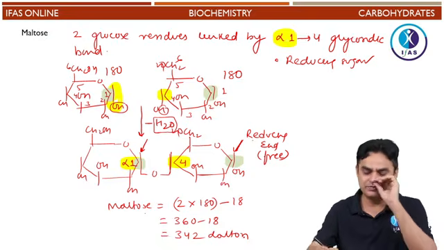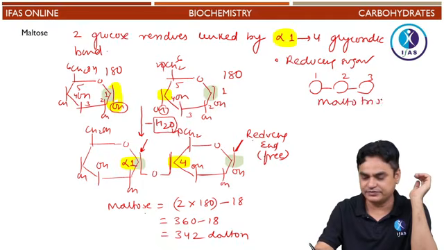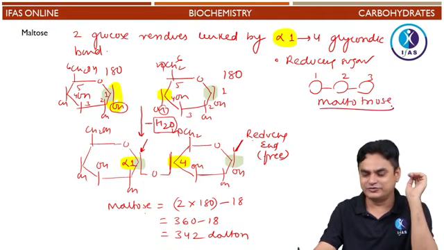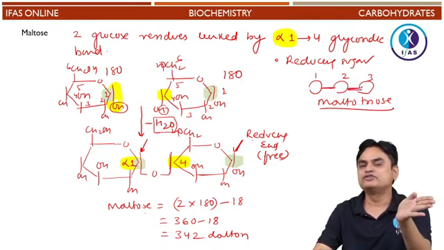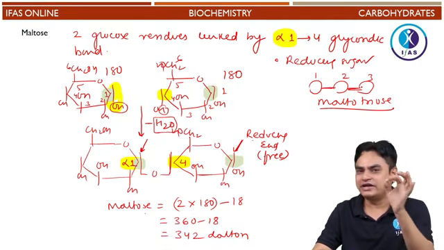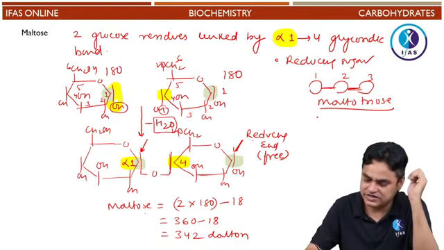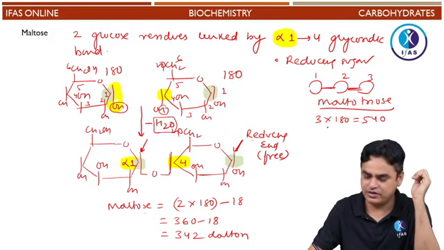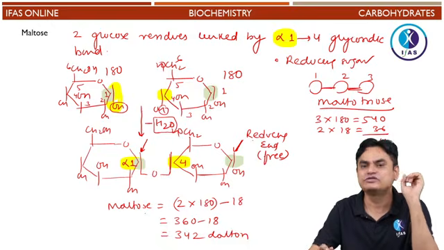Okay. So similarly, if someone asks you what would be the molecular weight of maltotriose, that is, there are 3 glucose which are linked. Maltotriose, what would be its molecular weight? So you can see how many glycosidic bonds have been formed? 2. The number of water molecules eliminated would be equal to the glycosidic bonds, because wherever there is a formation of a glycosidic bond, there would be elimination of water. So you will say that 3 into 180, that comes out to be 540, minus 2 water molecules we have to deduct. So the molecular weight will come out to be 504. Why not 3 water molecules? Because only 2 bonds are formed.